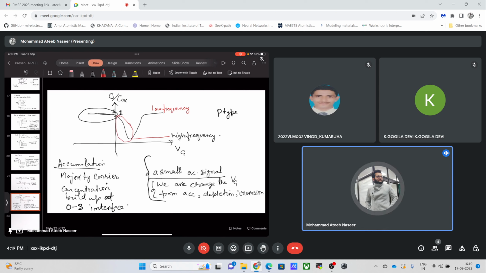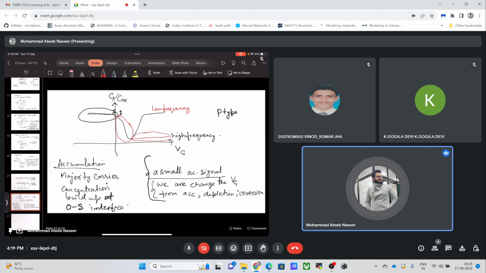depletion region. And now when inversion is happening, it would depend on the recombination and generation of the minority carriers. Because if I am applying high frequency, I am not giving enough time for the generation and recombination process. So the generation process is slow when I am applying high frequency. So the